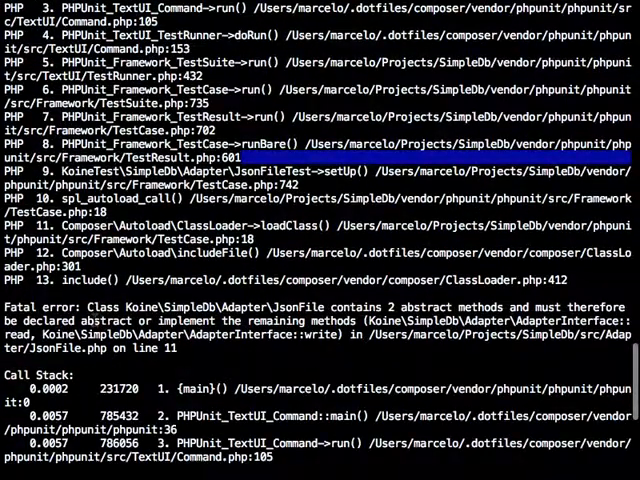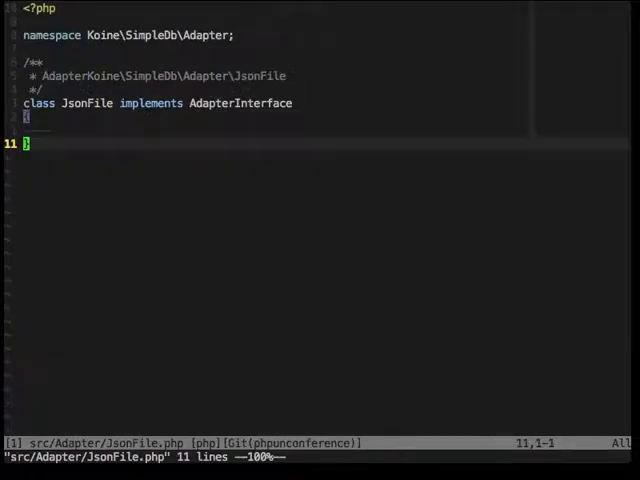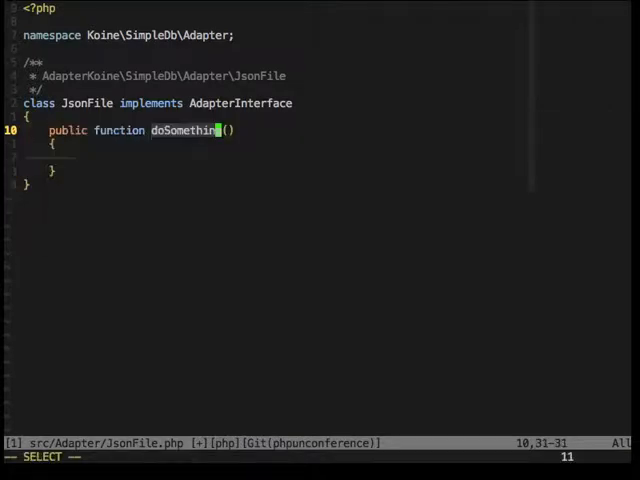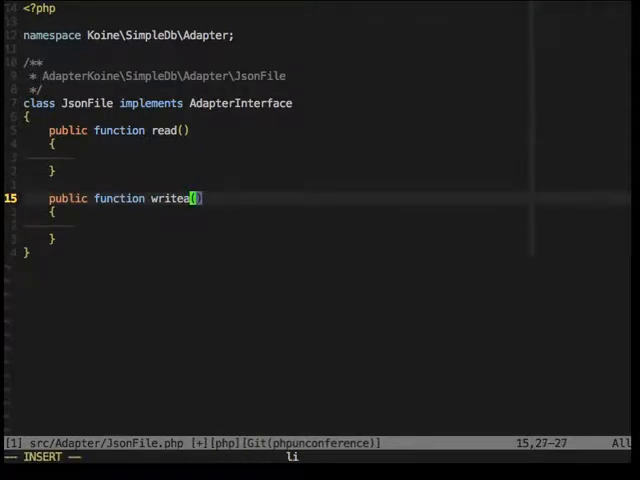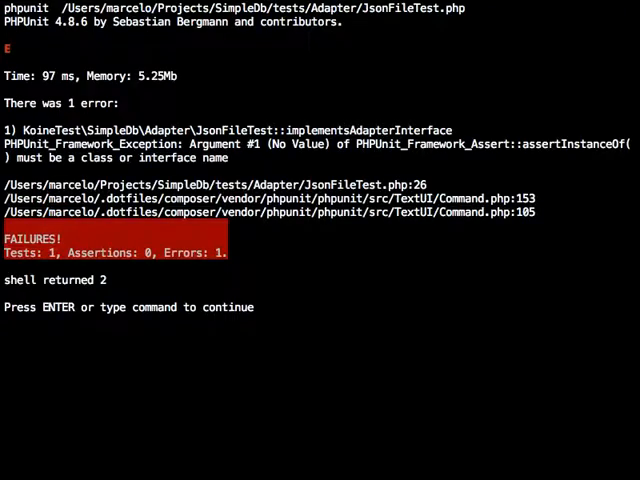Yeah, actually the error here is that we said that we are implementing the interface, but we didn't declare the methods that we must. So let's do that. The first one is read, and the second one is write, and it will take an array as argument. So if we run our test now,